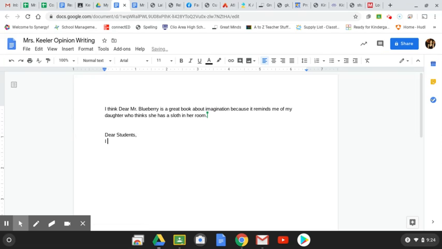So I think Dear Mr. Blueberry is a great book about imagination because it reminds me of my daughter who thinks she has a sloth in her room. Okay, so pretty easy. We just had to think about who we wanted to write our letter to, and you're going to add that. Then